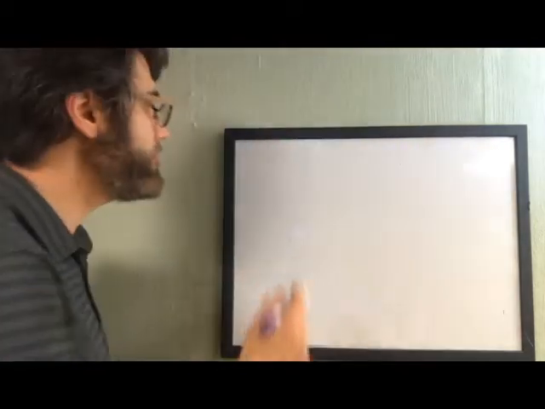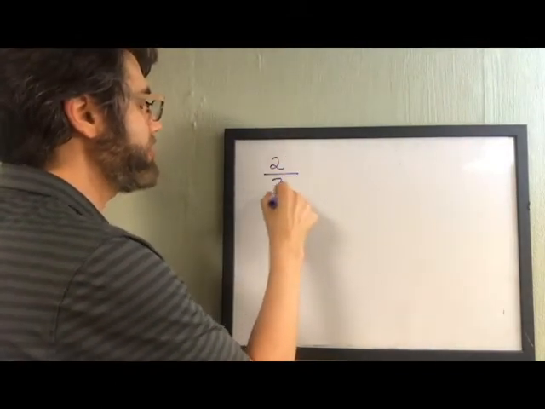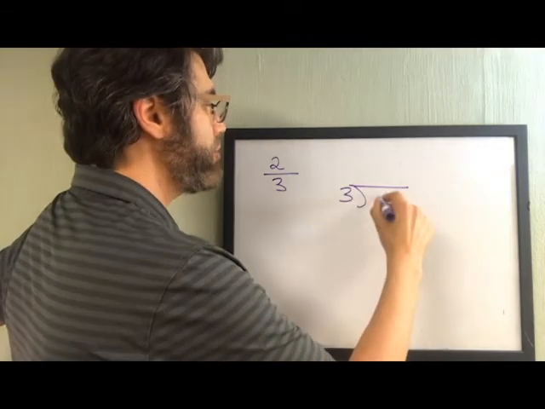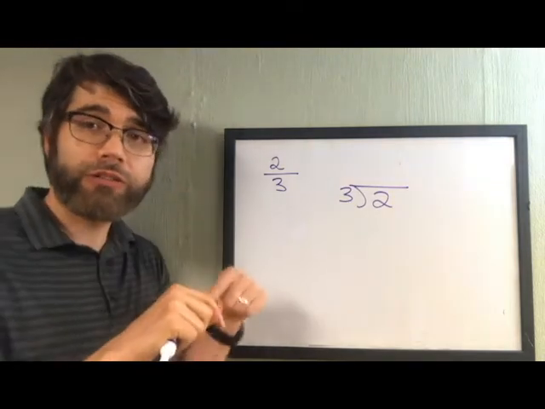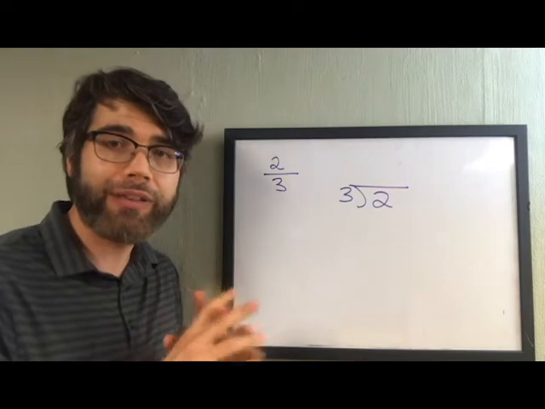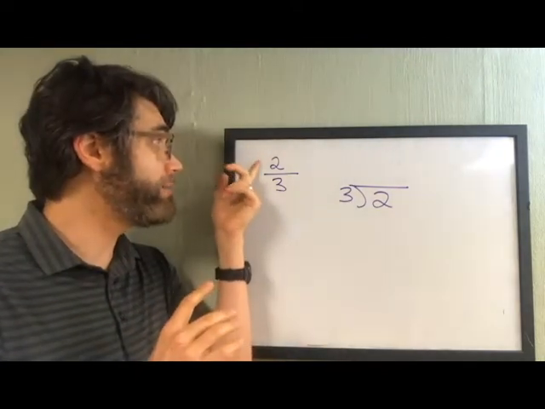first, if we need to, and let's just use another one. Let's say 2/3. Let's use a new fraction here. Okay, so 3 is going to go into 2. But just like 1/5, where 1 is smaller than 5, here 2 is smaller than 3. So we're going to wind up with not a whole grouping, because there just isn't enough of this numerator to